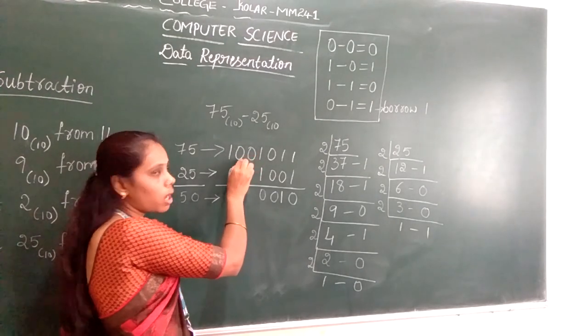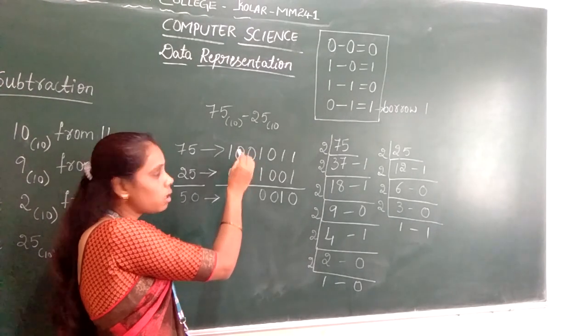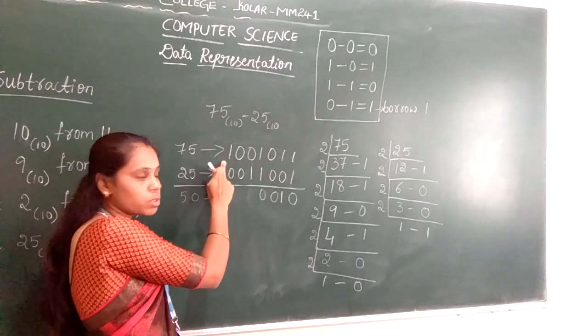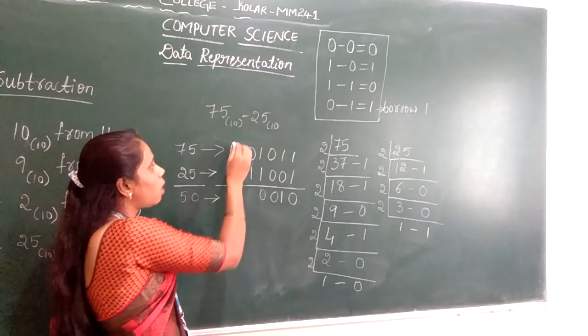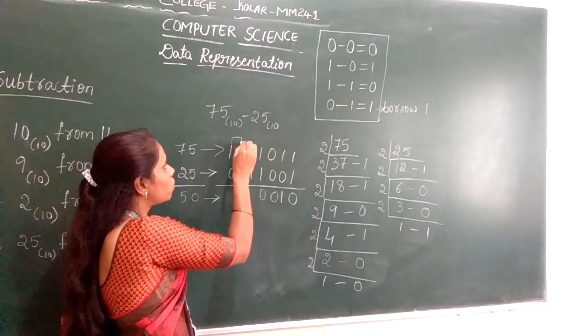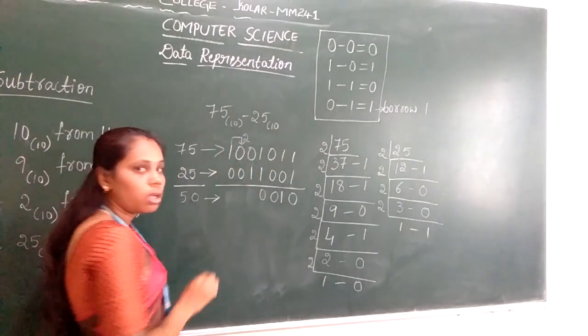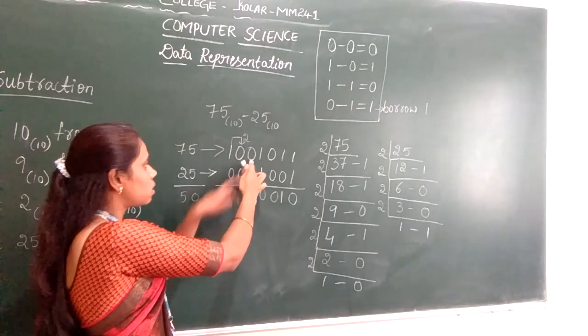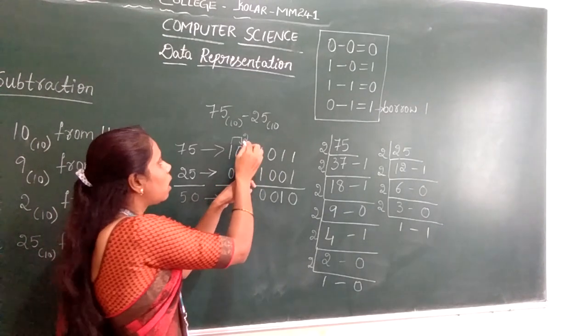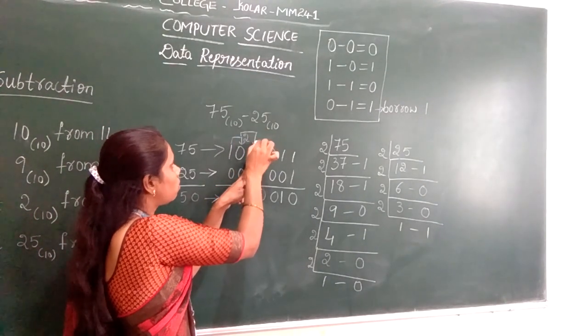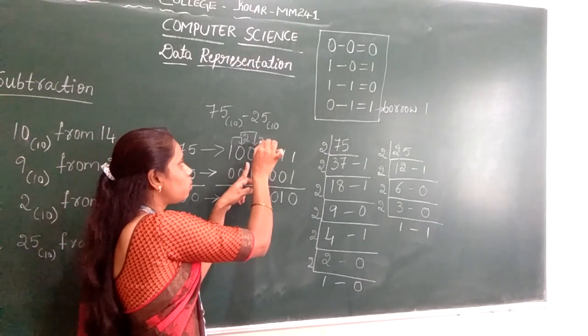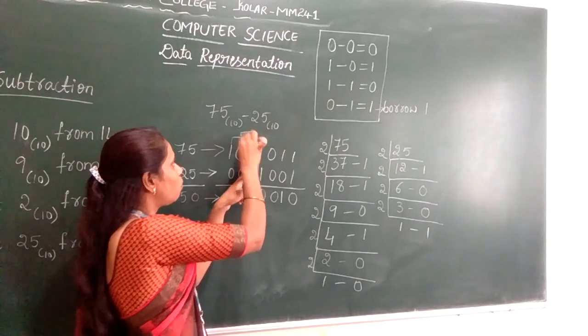Here also we have 0, so we cannot borrow from here. And check the next higher position. Here we have 1. So now this will be borrowed to this position. So here this will become 2. Again we need to borrow 1 to this position. From here you consider 1. So here it will become 2 and this will be 1.